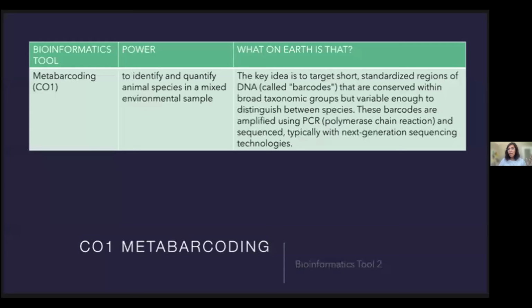So now I'm going to come back to the bioinformatics aim of this talk, and introduce another tool, which I'm not sure if you're familiar with, but it's an age-old tool. It's called metabarcoding. In this case, we choose biomarkers or barcodes, and CO1 is the barcode that we chose. Now I'm going to take a moment to explain what this is, so you feel a little better about the whole thing.